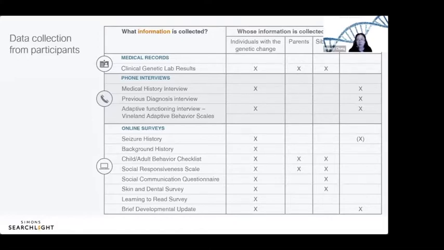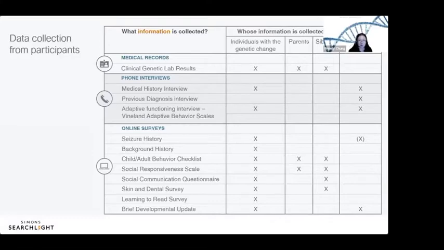And then ultimately, one of the things you'll hear me say many times is that we're limited in what we know because we don't have many people in the community who are, for instance, 30 or 40 or 50 or 60 years old. So one of the things that we're very much committed to is that we're here for the long term. We're here with the community, we're here to continue learning, and we want to grow up. We want to be able to support your children and your families as they grow up because there are different challenges at different life stages.